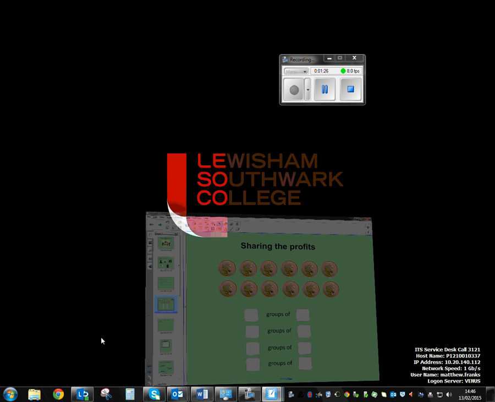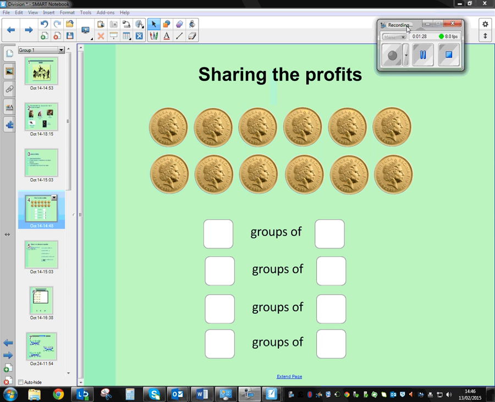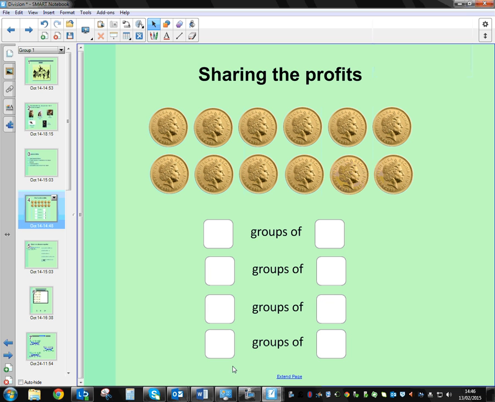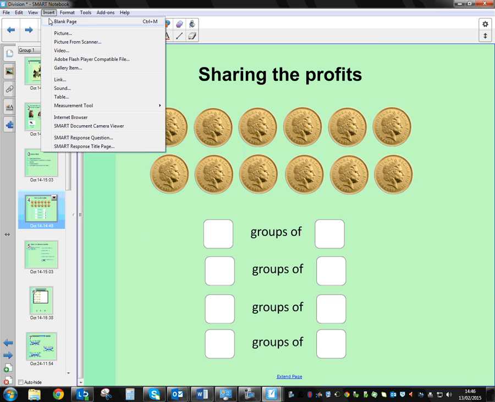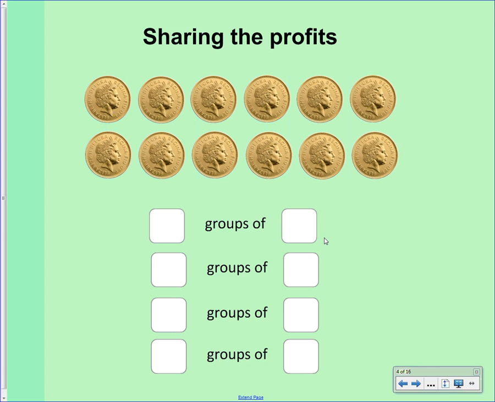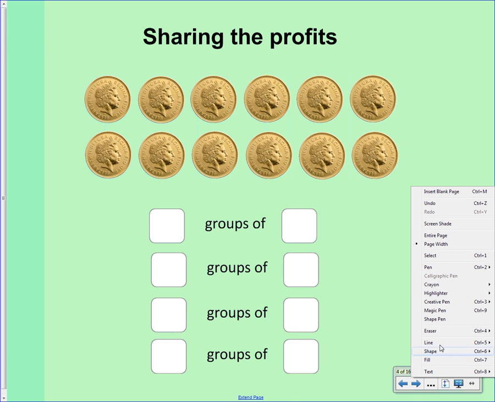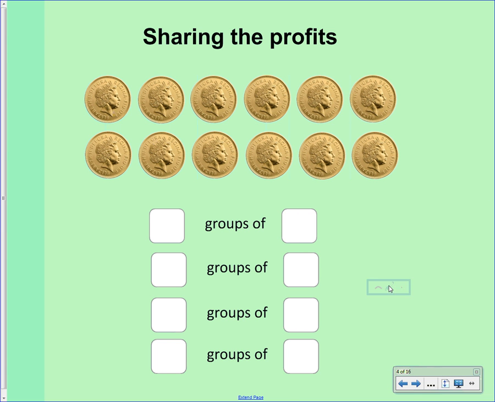I'll start off with this one here. This was an idea of using factors, and so we had those £12 coins I've got here, and putting them into groups of certain amounts. So, for example, they could group them into two groups of 6. Now I'm going to make this full screen. That's how I tend to like to do it, and it's very good because in this one, quick to the pen, a student can come up, and if they wanted to do two groups of 6,